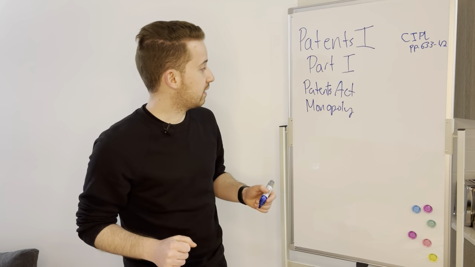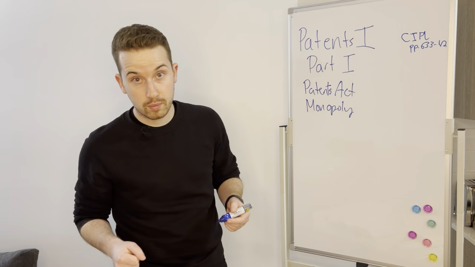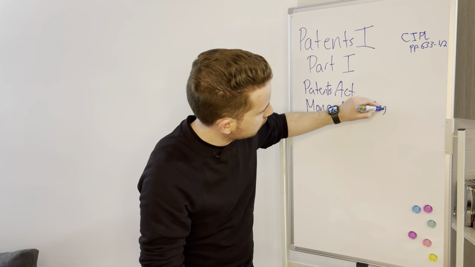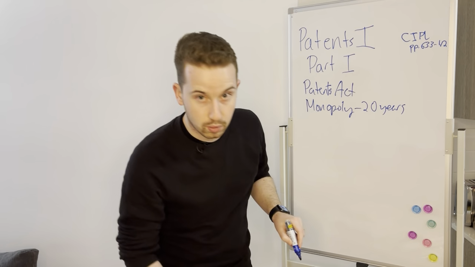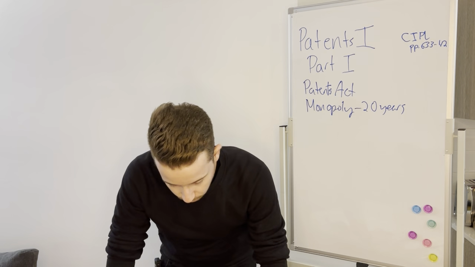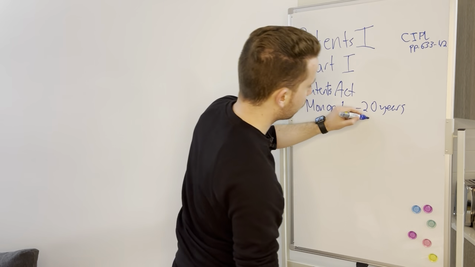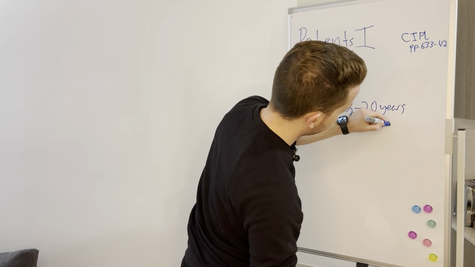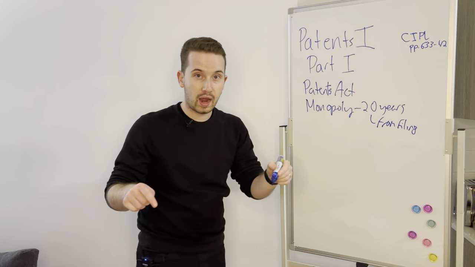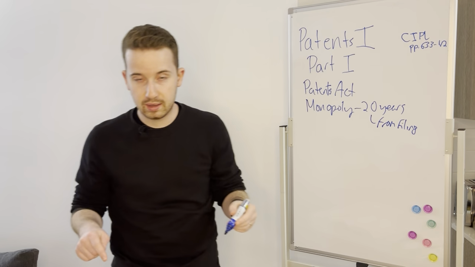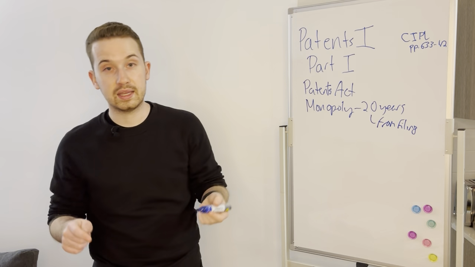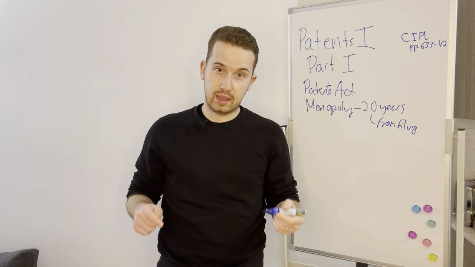It's also true of patents. The government says you're the only person that can sell that for a limited period of time, which happens to be 20 years. You saw some references to 12. It is now 20 years. And 20 years from what? That's pretty important. From filing. So from the date that you filed your application for a patent with the federal government. That's important. It's not the date that it's granted, it's the date that it's filed.